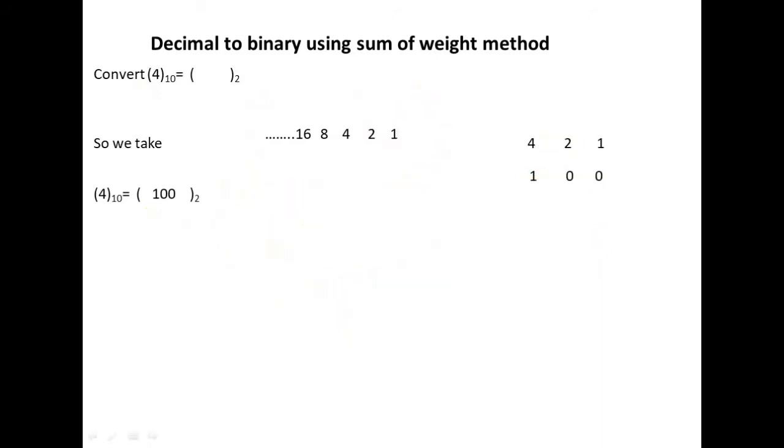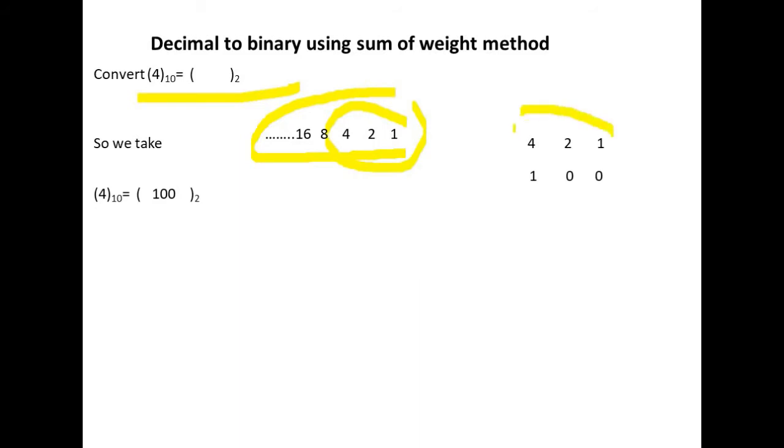Now come to the next digit. We wish to find the binary equivalent of decimal 4. Again we will see how we get 4. That is very clear that for 4 we require 3 digits, 1, 2 and 4. So we have written 1, 2, 4 separately. How would we get 4? We are getting 4 like 1, 0, 0. The fourth position is given as 1, rest are 0. So the binary equivalent of decimal 4 is given as 1, 0, 0.